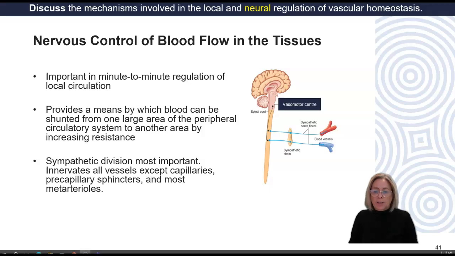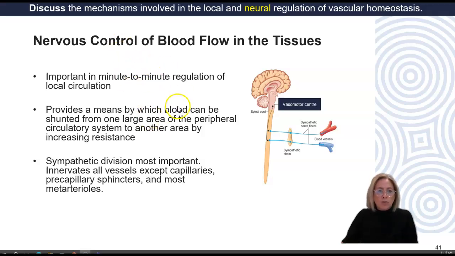Now, we're also going to add to this the vasomotor center, which is also part of the cardiovascular center in the brain, and it controls vessel tone or contraction of that smooth muscle within the tunica media. Remember that changes in diameter of blood vessels are going to affect peripheral resistance, blood pressure, and blood flow. And the majority of these neurons will act via the release of the neurotransmitter noradrenaline from the sympathetic neurons.